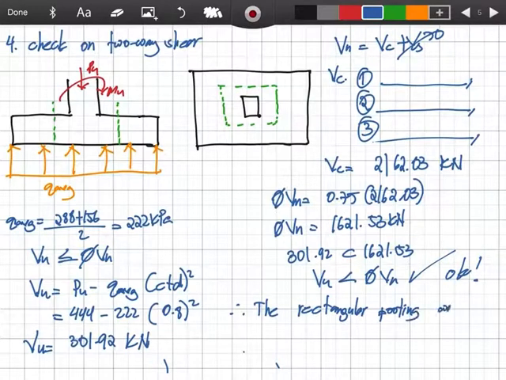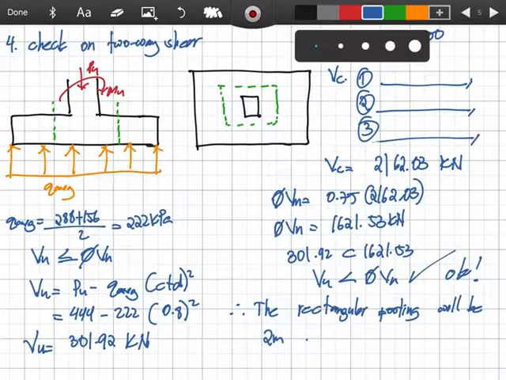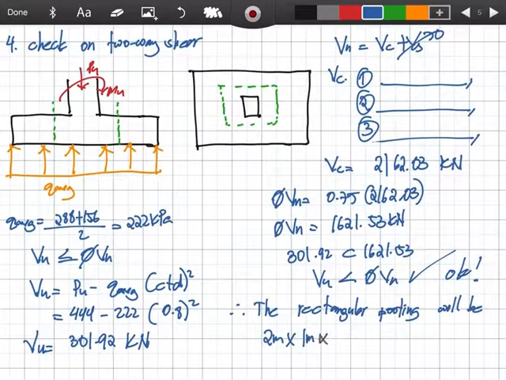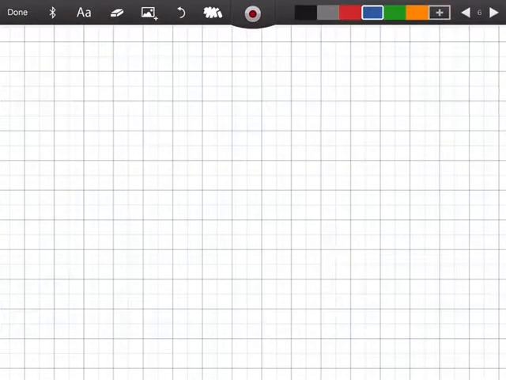So, we can now conclude class that the rectangular footing will be length 2 meters by width that is 1 meter by thickness that is 0.5 meter with effective depth of what? Ang effective depth natin ay 400 mm. So, are we done with the rectangular footing? Yes, we're done dun sa concrete. Pero meron pa tayong isa pa, that is the flexural